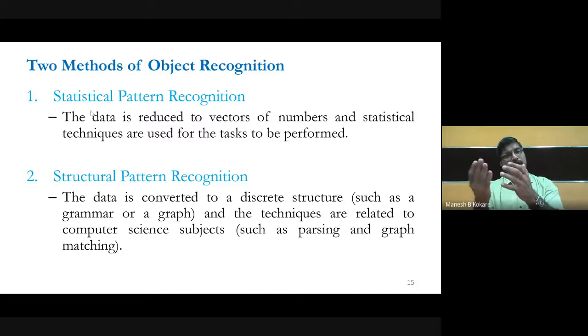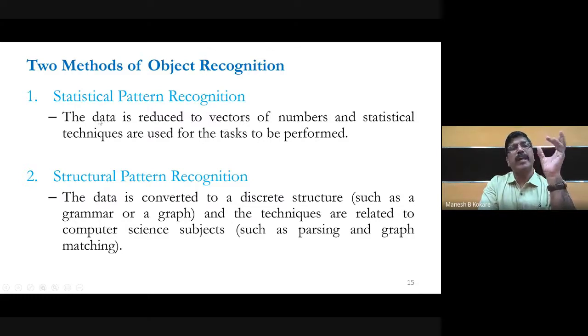And then you are going to use the statistical classifier, which is based either on probability, or a simple minimum distance classifier, K-NN classifier, and so on. So it may be parametric or non-parametric classifiers. Here, the basic element is your feature, which is in number form. From the features, you form the feature vector, and these feature vectors are used for training as well as classification. Generally, statistical classifiers are used for classification in the statistical approach.